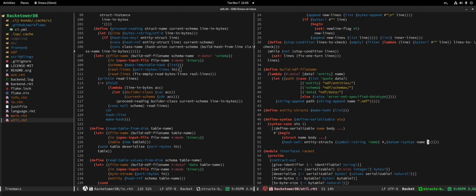We're going to use the lexical context basically, so we can actually inject the identifier we want, and then the second argument is the value we want to inject there, and we actually need to build